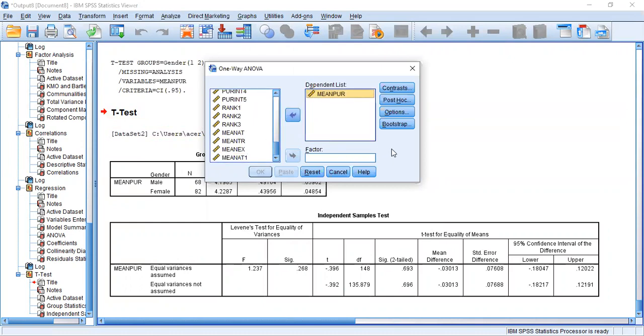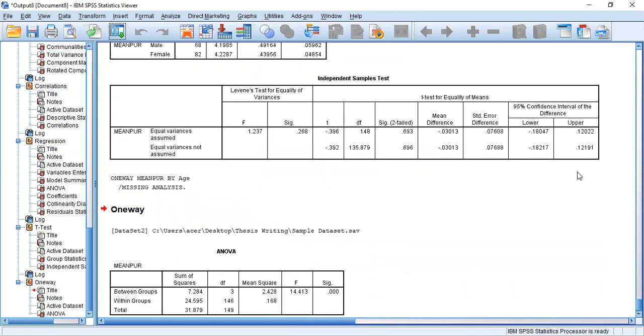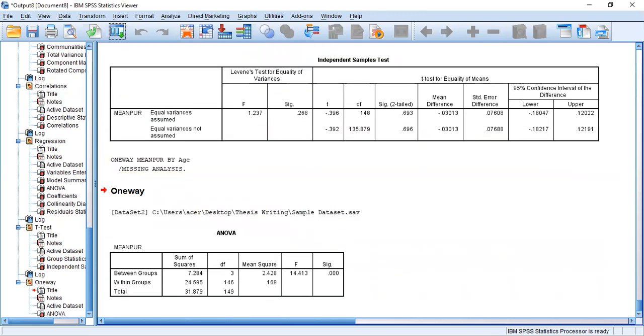Then the factor indicates how you want to change your dependent variable according to your groups. So in this case, I am preferring age. Then you can click OK. First of all, we want to make sure whether the purchase intention differs with age groups.